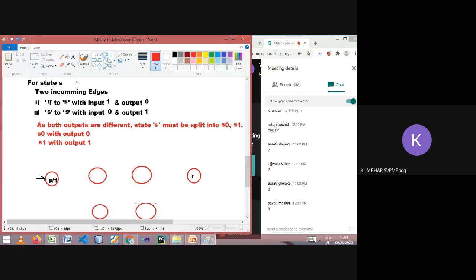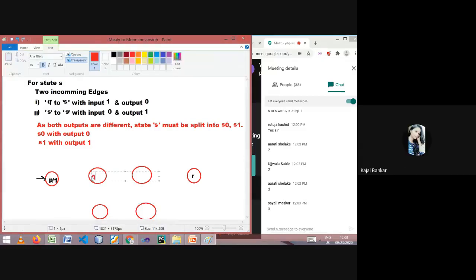Q0 means what output? Q0 means 0 output. And Q1 means 1 output. Same we have to write for S: S0 means 0 output, and S1 means 1 output.